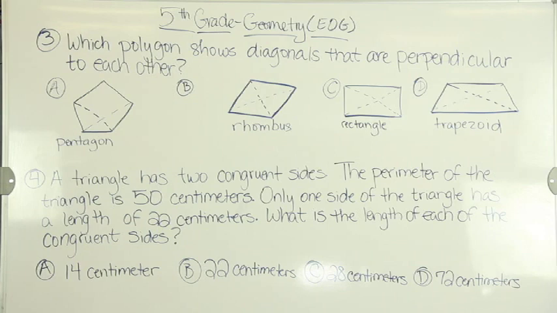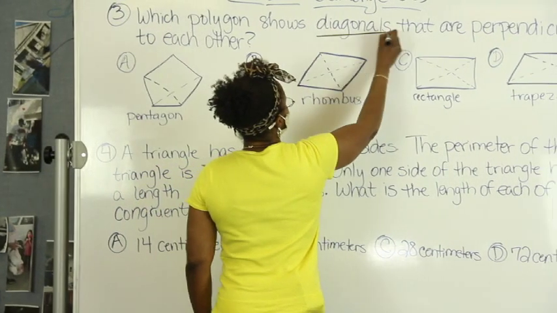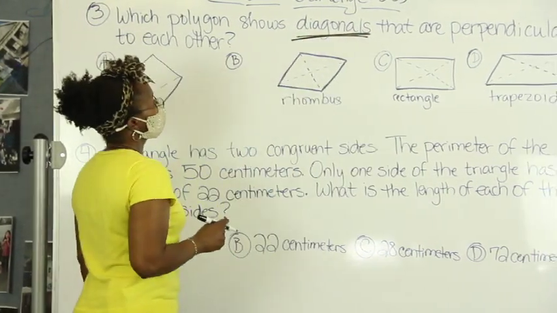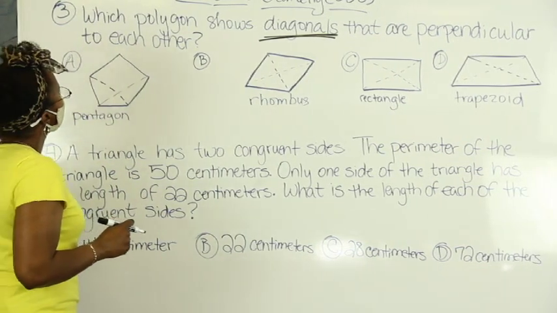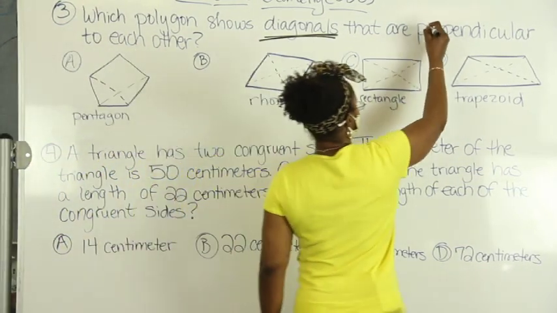All right, let's start with number 3. Which polygon shows diagonals that are perpendicular to each other? So we have to make sure we understand what they're asking us. They're talking about the diagonals, and they want to know which ones are perpendicular